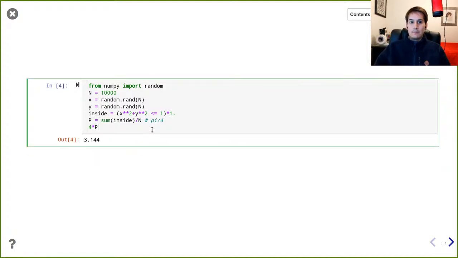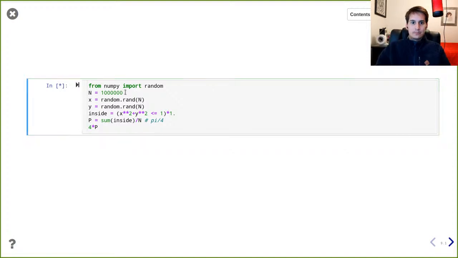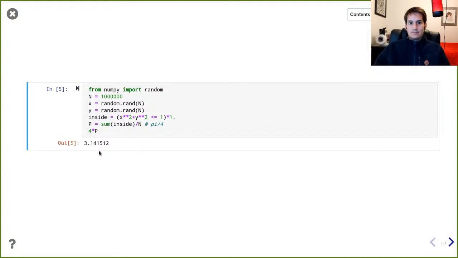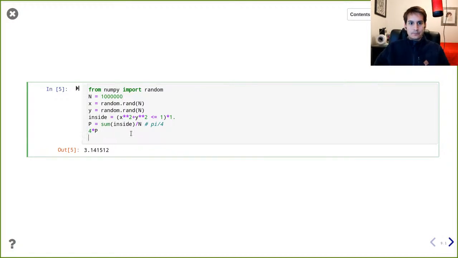And look at that. By the way, the number pi is 3.141592, etc. That's with 10,000 points. Let's put more. You can see that when we put more points, you start getting a better approximation. Let's plot the points from